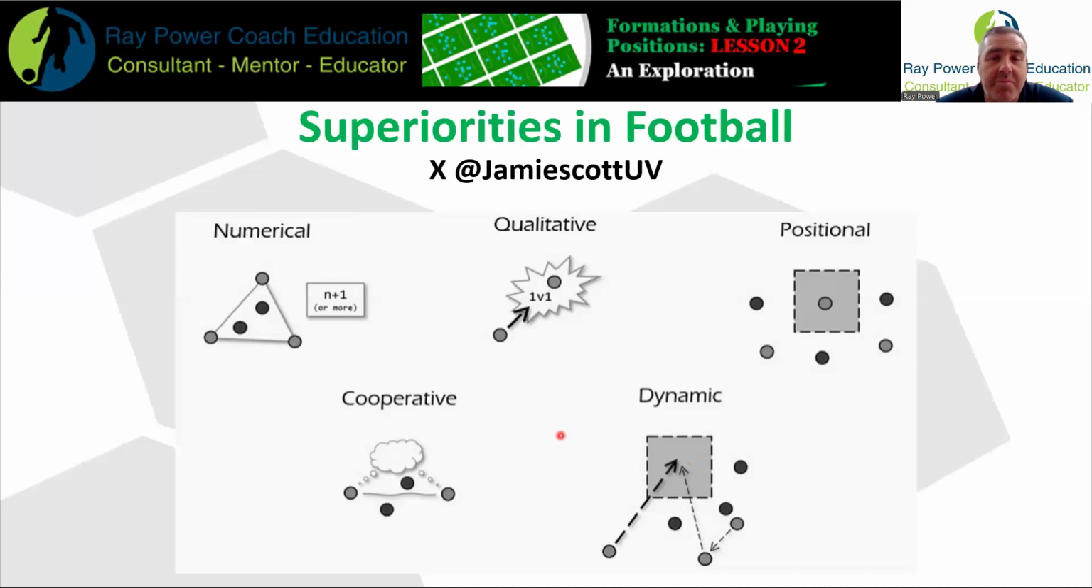So I'm currently in the middle of writing a book around superiorities and tactics. That'll be out 2025. And what I found is I can neatly talk about numerical, qualitative, positional, and cooperative superiority on their own. More or less, I can talk about them in each individual chapter. What I can't do is talk about the four of them without this idea that our players can be dynamic